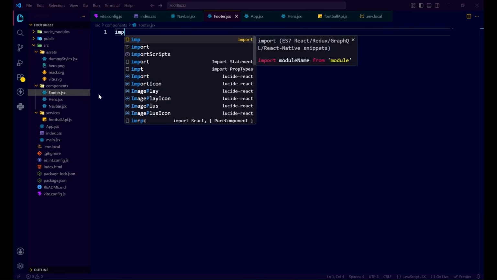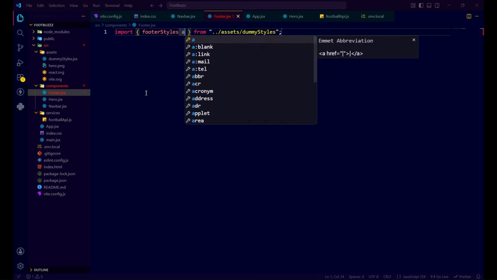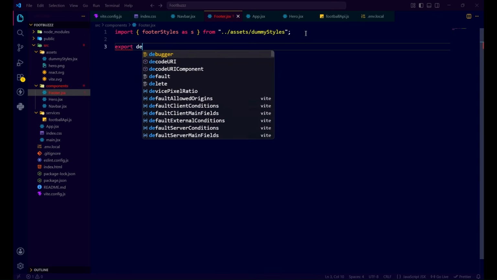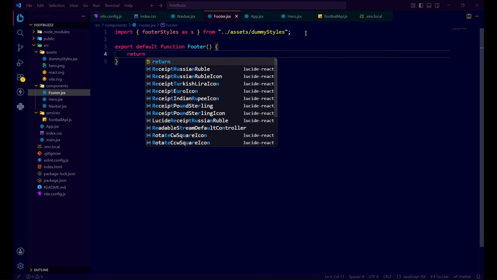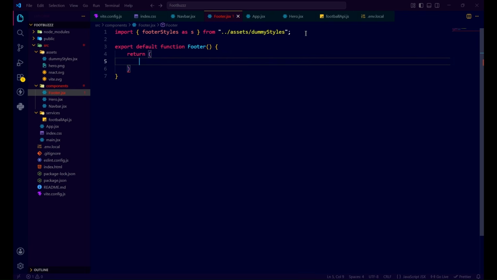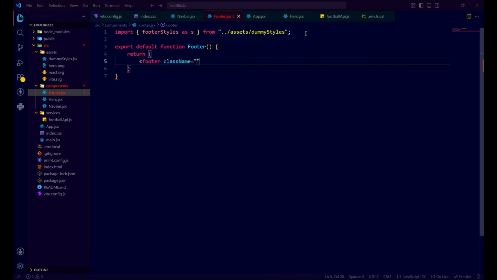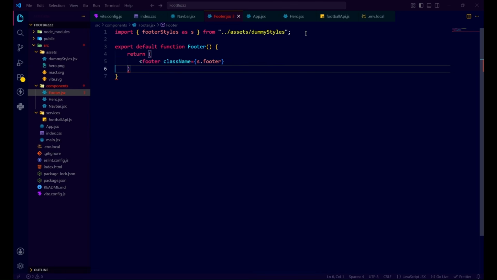footer.jsx. So right here, let's import the styles for this component, which is footer styles CSS, and let's write an export default function for this component, and inside this we'll return. So in return, let's open a footer tag and give the class name, which is equal to s.footer,